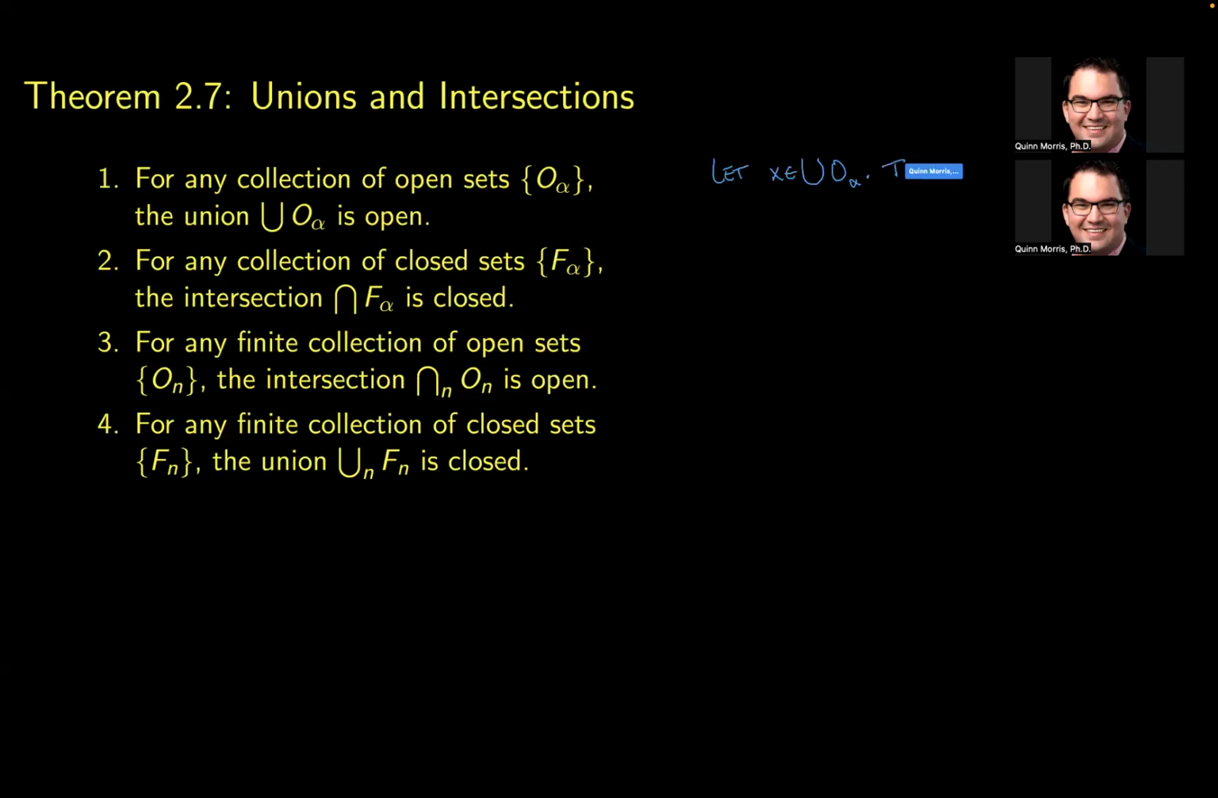So then X is in, let's call the one that it's in, say, O sub I for some I, right? I don't know what value it is, but there's some I where X is in a particular one of these things that makes up the union. Okay. But that thing is open. So since O sub I is open,